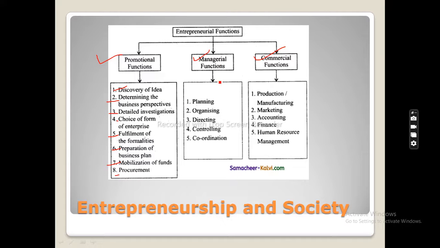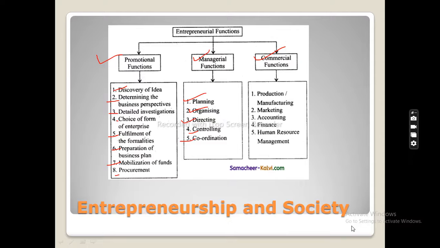And then managerial function. There are some managerial functions: we need to plan what we have to do, we need to organize the things in proper order, and we need to direct. There is a person who directs his organization and his employees on how to do, what to do, and when to do. Then controlling: what are the things we need to control if we are running a business. And coordination is an important factor between